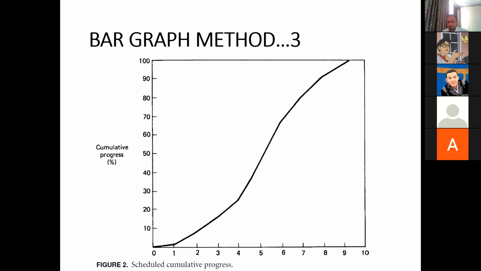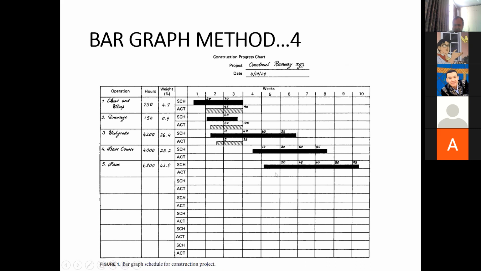So these are all expectations, right? I mean, we are focusing on the scheduled part of the bar graph. Yes, scheduled part. So do we do these calculations for the actual one too? Yes, we also do it. For the given information like this, we can do it. For example, what was the actual progress by the end of the first week, or like that? We can also do it. Okay, thanks.